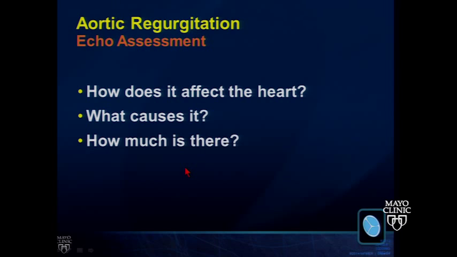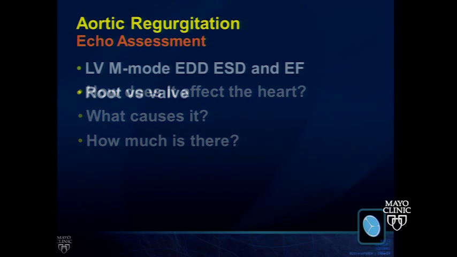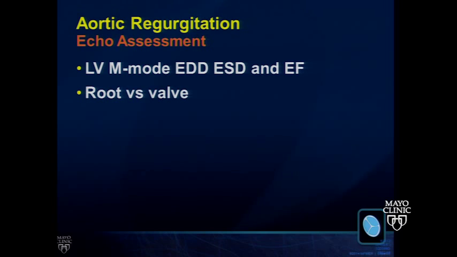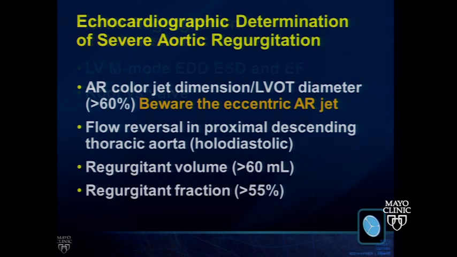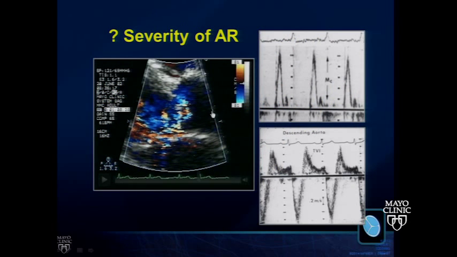Testing again: how does it affect the heart? What causes it? How much is there? Again, use your end diastolic dimension and end systolic dimension for the measurements of how big is the heart. Know whether it's root versus valve. And as far as severity, again, you can use PISA, but probably the couple things that help the most are